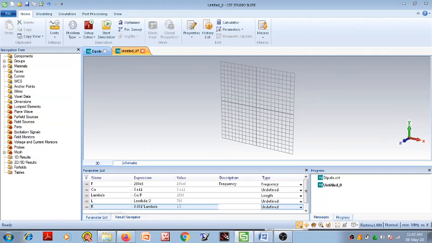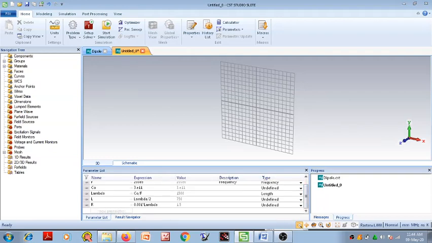Normally the dipoles are thin wire antennas, so most of the cases we select the value of r equals to 0.001 into lambda. Now this L shows the complete composite structure, which is started from -z to +z.